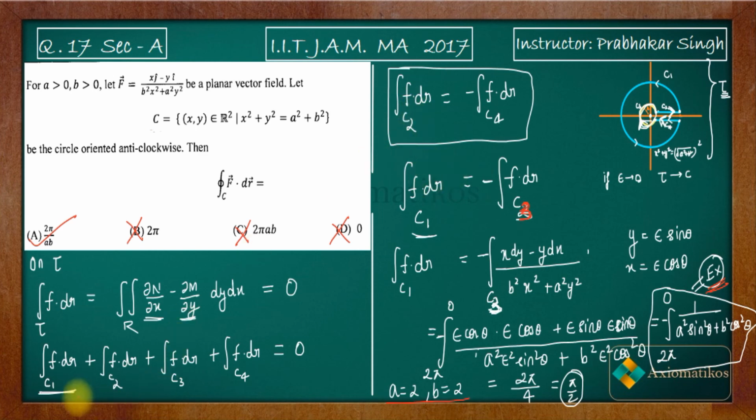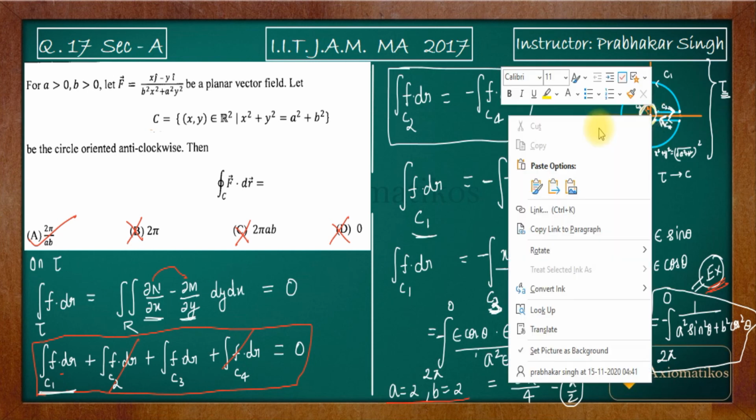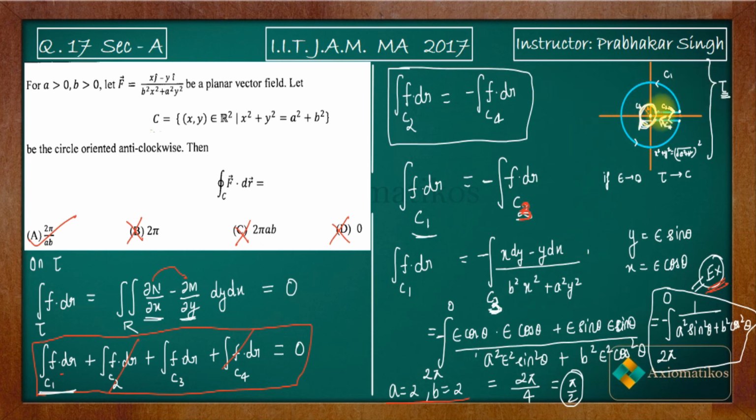So see, this was a trick that I was using, that sum of these 4 will be 0. Why sum of these 4 will be 0? Because del n by del x and del m by del y are equal. So using this will be cancelled and this will be equal to this. So this is what we were doing so far. So this is how you can actually solve this problem. So please remember this figure, that whenever you have origin inside of it, you can always take origin out using such kind of construction that I have done.